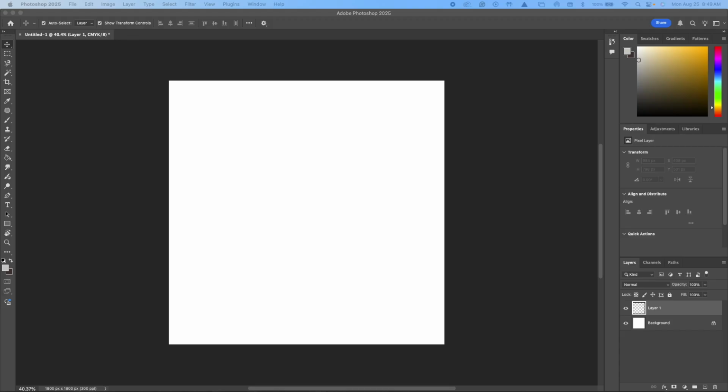Okay, everybody. So now that we've set up our document, we're going to create a digital watercolor. So, as with all the other assignments, you'll have imported your brush packs into Photoshop. And so now it's just about using those tools to create a digital watercolor. So I'm going to import a reference photo,